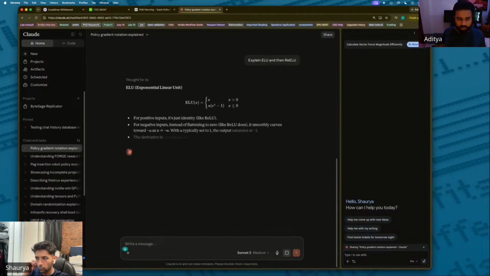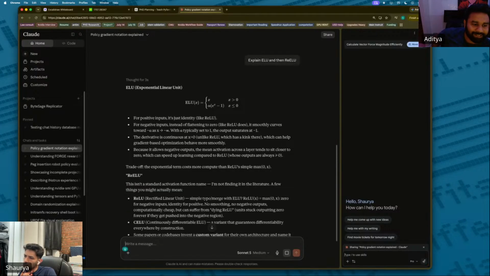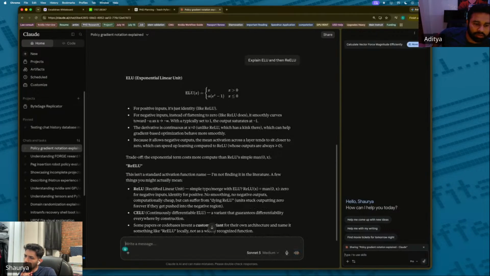Exponential linear unit. For a negative point, instead of flattening to zero, it smoothly curves towards